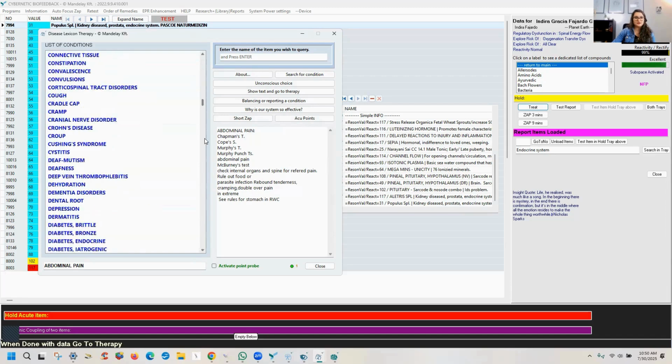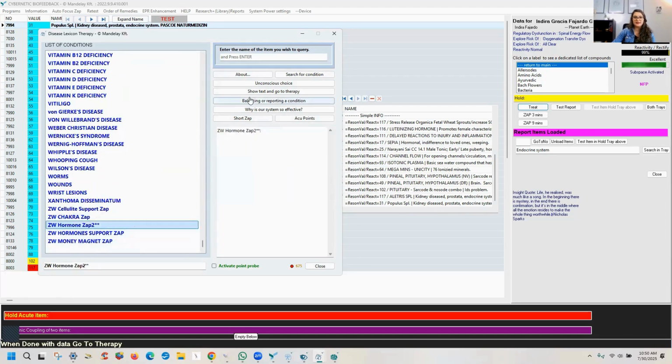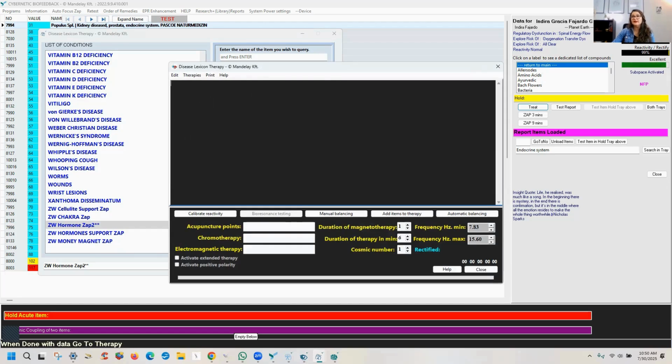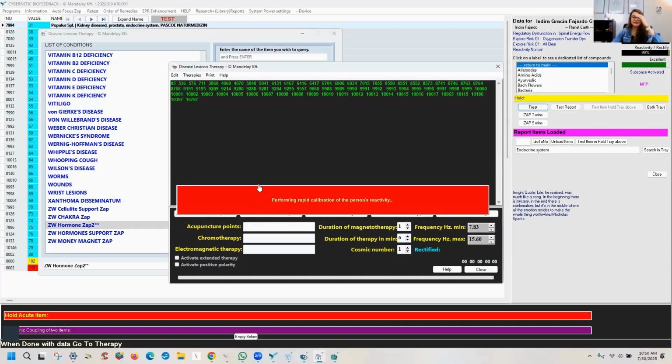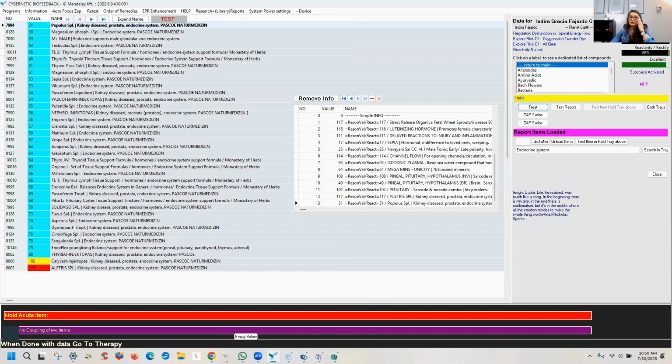You go all the way back to the name that you just created and click on it. You go here where it says show text and go to therapy. In this area, you can paste all the numbers from the main matrix. I took all the numbers that are related to hormones and hormone regulation and also remedies, crystals, all of that. Once you have this, you have to hit calibrate, and after that, we're going to save it. Okay, so I'm going to give some time to this and we're going to move on